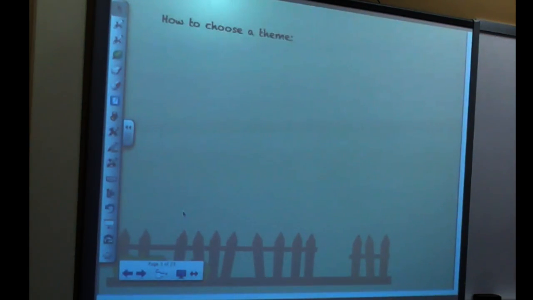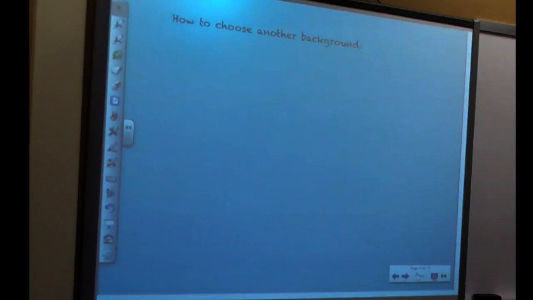Another thing you can do is choose a theme for your notebook. Since Halloween's coming up, we just used this Halloween theme. There are lots of other ones that you can use, different holidays, seasons, things like that. You can also just choose a plain background or decorate your background how you would like it to